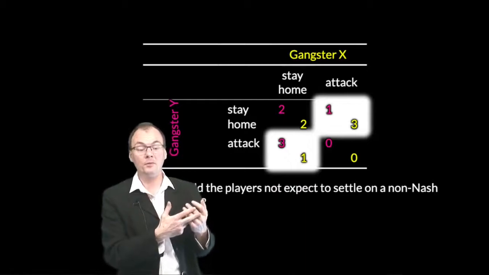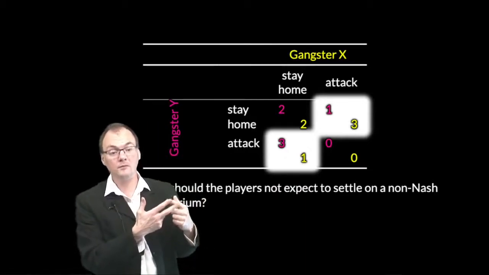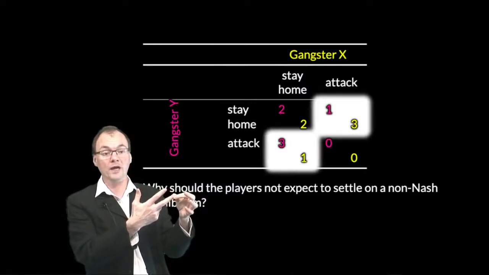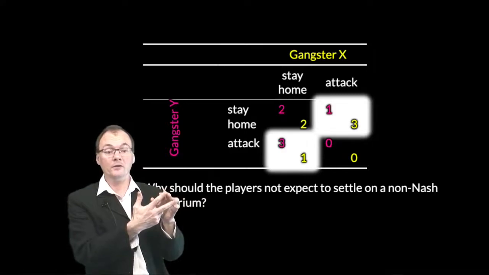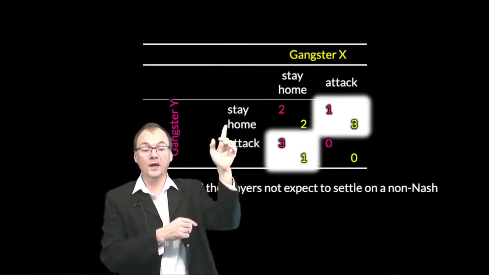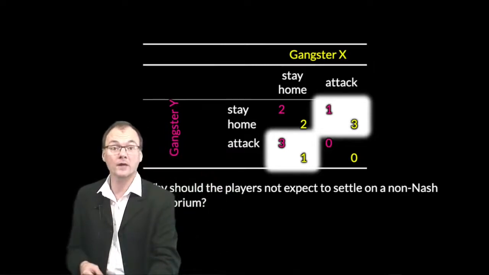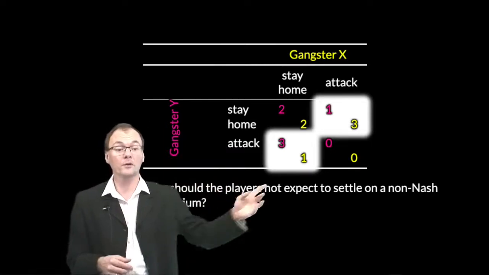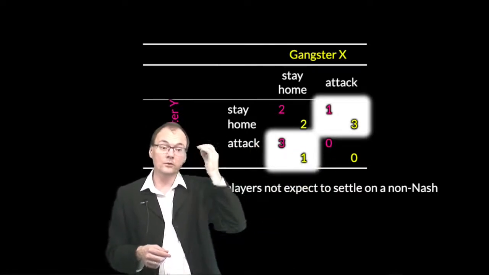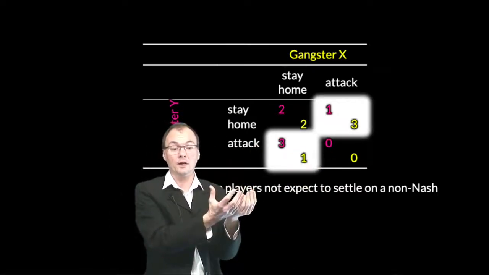Each of the gangsters, if we were to do this, playing multiple non-cooperative one-off games with different individuals, is probably going to settle into a strategy where they do mostly staying at home but a bit of attacking, and they try to randomize their behavior to make themselves unpredictable, therefore ending up often with this. That's because this dual Nash equilibrium makes the whole thing unpredictable.